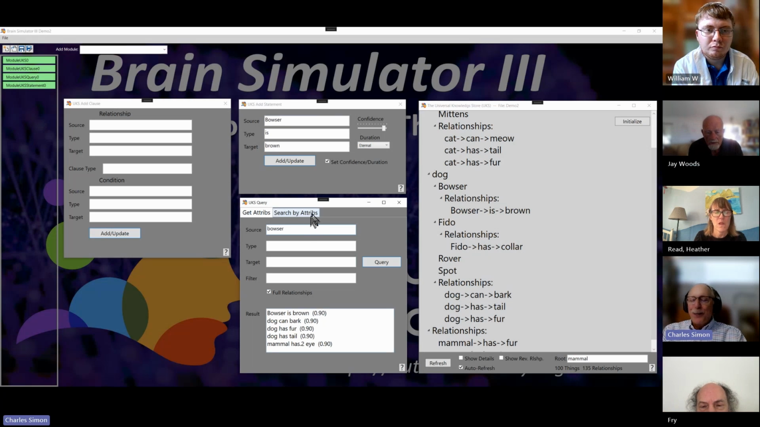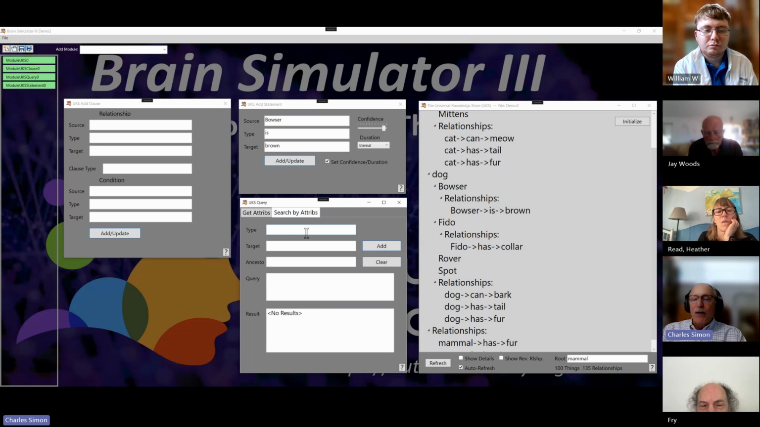Interesting tongue twister there. But you can search by the attributes. So I can say, give me all of the things that is brown. And Bowser is the only thing in the data that we've put in so far that is brown. And the way this dialog box works is you put in various things and it adds them to a list. And this list of attributes is ANDed together. So if we say has a tail,